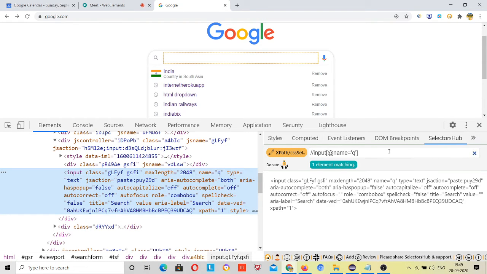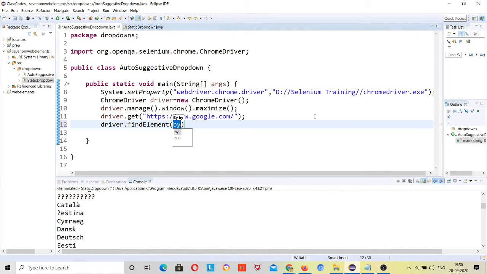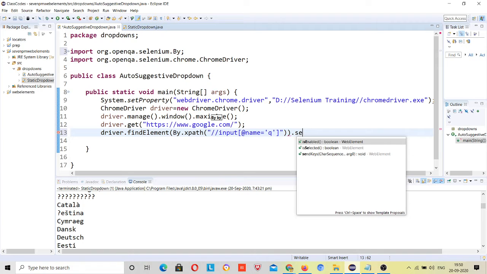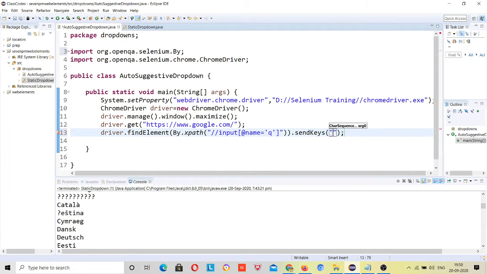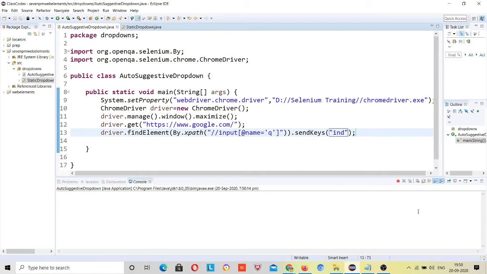So we have also verified in Chrome DevTools, right? Now let's write this locator here. Driver dot find element by dot xpath, and you want to send keys after locating, right? What? India. Just run it and cross verify it's working.